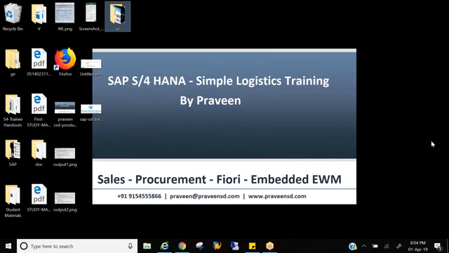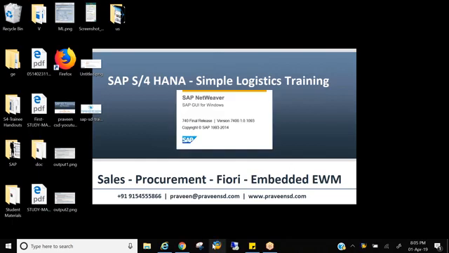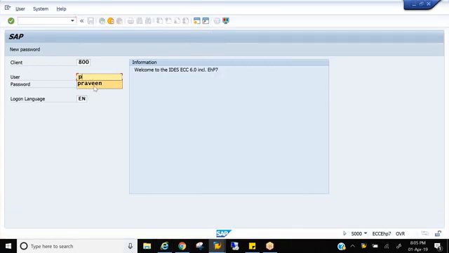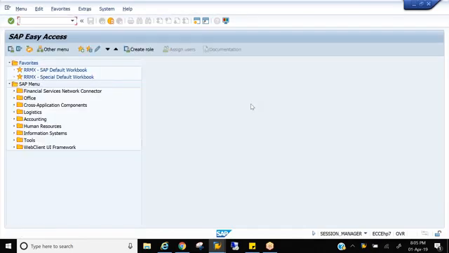So today let's configure the base price into the system and determine the price into the sales document, and see how actually the price will get into the sales document, right? So let me get into the system and do the configuration. Okay, so how do we start the configuration for this particular pricing?